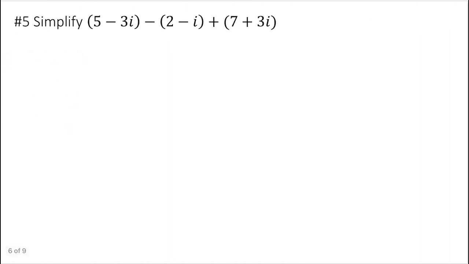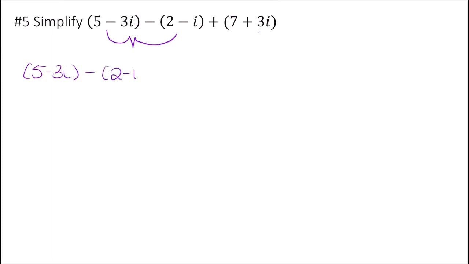Okay, so now this is a complex numbers question. It wants you to add and subtract all in the same problem. The trick to doing these problems is just to take it two pieces at a time. So for example, I'm going to start off with just this 5 minus 3i minus 2 minus i. And then I'll worry about this plus 7 plus 3i a little bit later. So I start off with 5 minus 3i